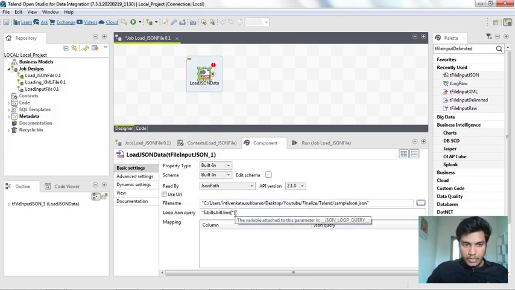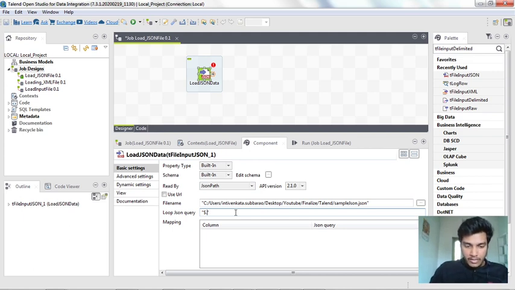And again you need to change the loop JSON query here. This is the previous query we have. Both XML and JSON are recursive hierarchical structures. That means it will repeat the entire code for every record.